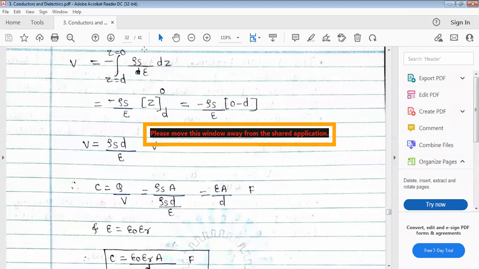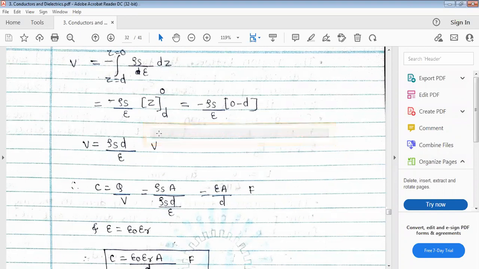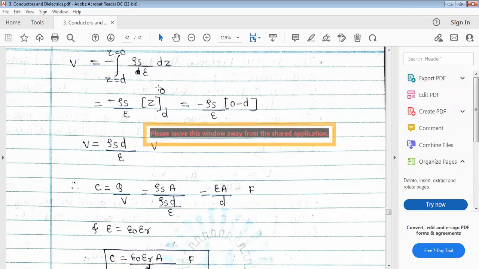So it is integration of the dz. dz is only z, right? Z from d to 0. So it is equal to minus rho s divided by epsilon into bracket, 0 minus d. So V is equal to plus rho s into d divided by epsilon,